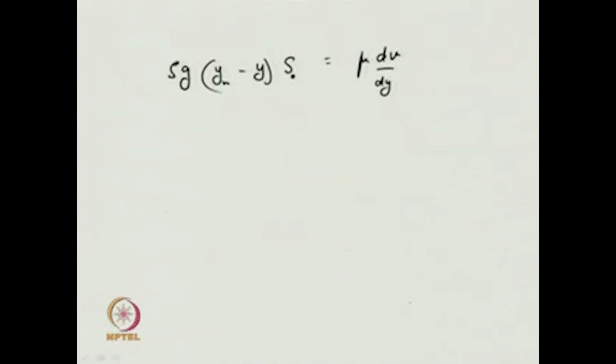From this equation, just rearrange the terms. So, dV by dy is nothing but equal to rho g s naught by mu (ym minus y),